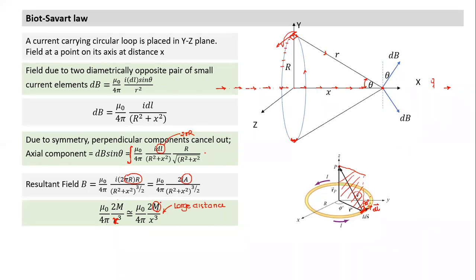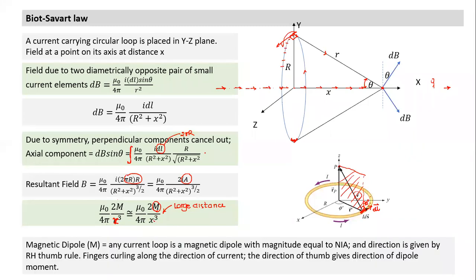the direction of thumb will give me the direction of magnetic dipole moment. So this is R cube and X cube, and very similar. So that's the definition we can think of. Any current loop is a magnetic dipole with magnitude equal to N I A. What is this term N here? Current into area is fine, but if there are a number of turns, then it is multiplied by number of turns, N being the number of turns. And the direction is given by the right hand thumb rule. Fingers curling along the direction of current,